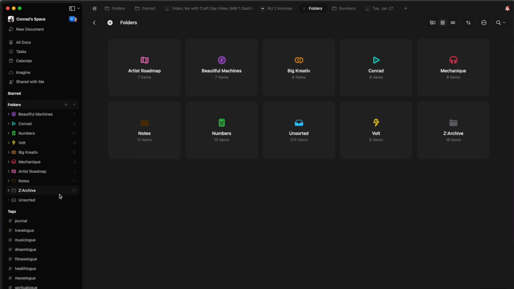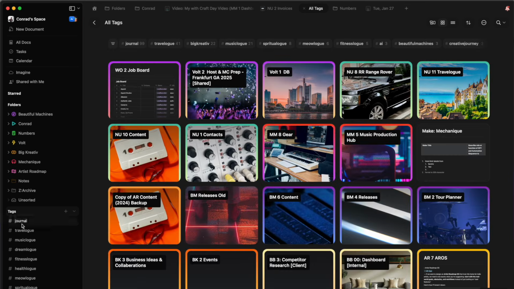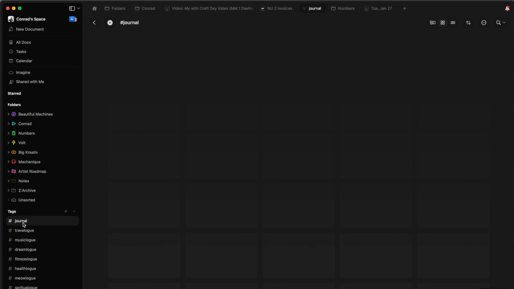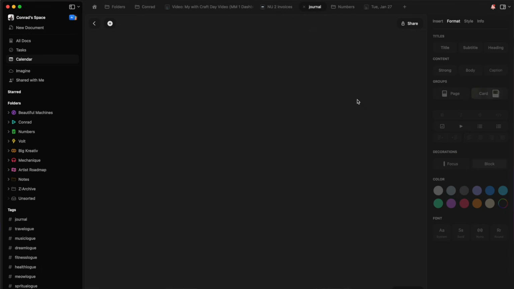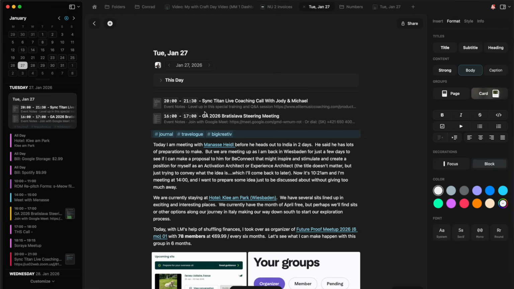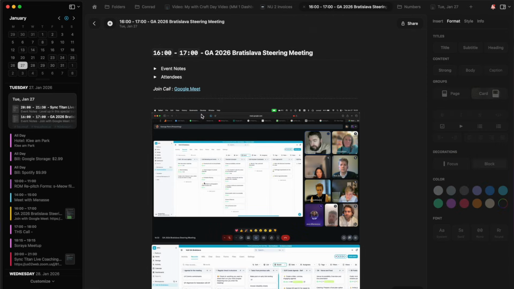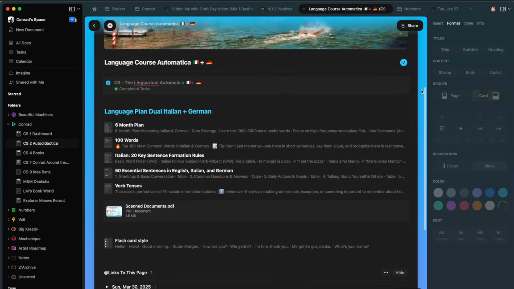For everything else and for personal use, I use Craft for a whole bunch of stuff. It's like my project management hub. I use it for daily journaling, meeting notes. It's like my second brain, where I've developed this whole system for how to learn anything you want. And that's just my own way, whether that's learning to fly a plane or learning a new language or planning a move or something. All right, so let's hop into Craft and take a look at how I operate a day.